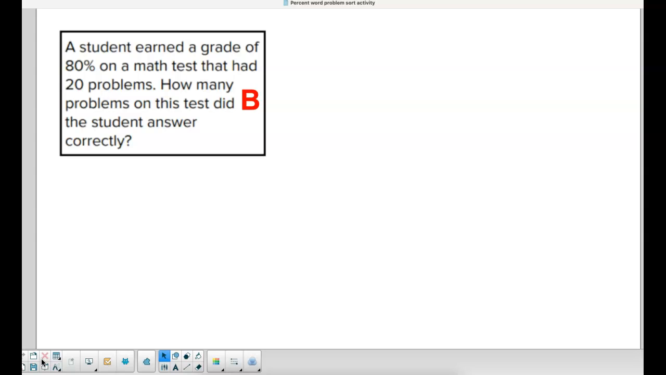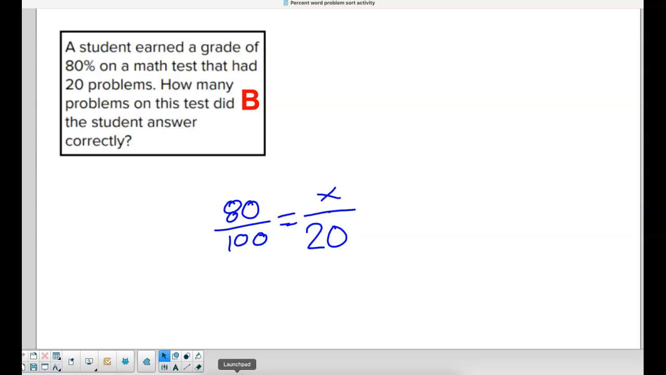Go ahead. That's okay. So it's 80 over 100 because 80 is the percent. And then 20 goes on the bottom because it's the original price. Yep. The original, how many problems there are. And then over 1,600 equals